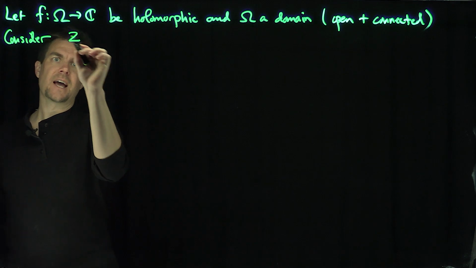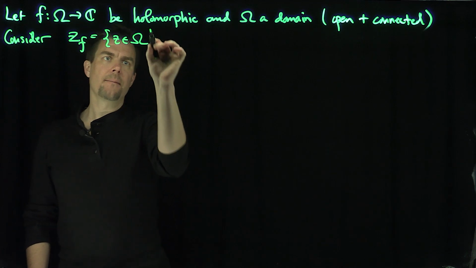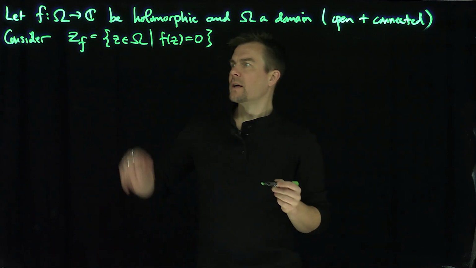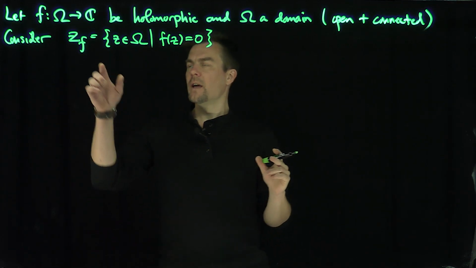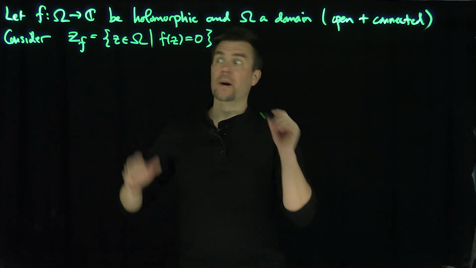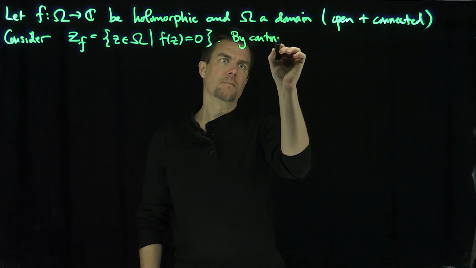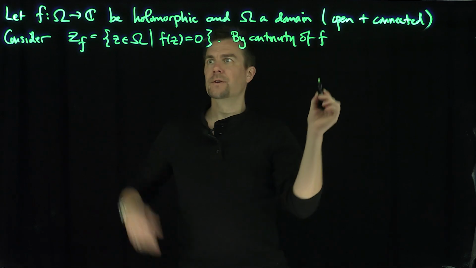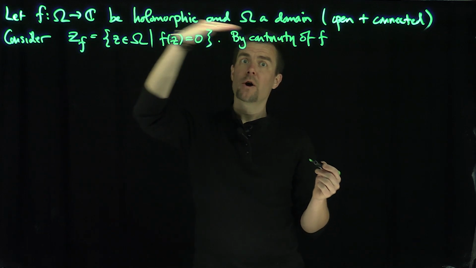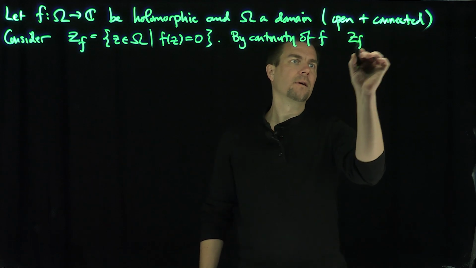And let's consider the set Z_f. Z_f is the set of points z in omega such that f(z) is equal to 0. And of course, we know from analysis that if I choose a sequence of points that is 0, by the continuity of f, this set is closed in omega, right? By continuity of f, since it's holomorphic, it's clearly continuous. Remember that result from calculus: if you're complex differentiable, you're automatically continuous, okay? Good. By continuity of f, Z_f is closed